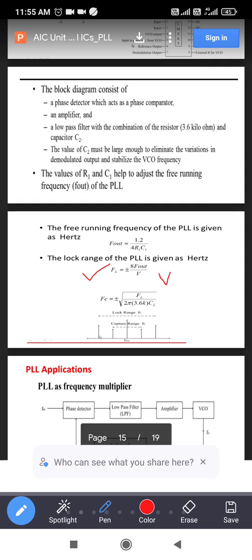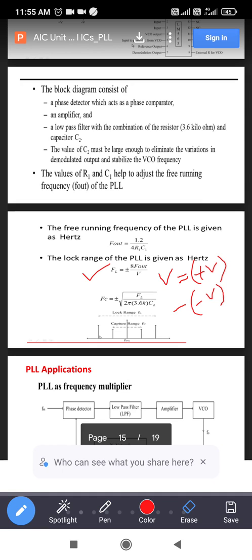V means what? V is equal to the difference between the power supplies, that is, the positive power supply plus V minus the negative power supply. Suppose you take plus V as 6 volt and minus V as minus 6, then 6 minus of minus 6 gives 12 volt. So that 12 you have to put as V. So V is equal to plus V, that is positive power supply, minus negative power supply.